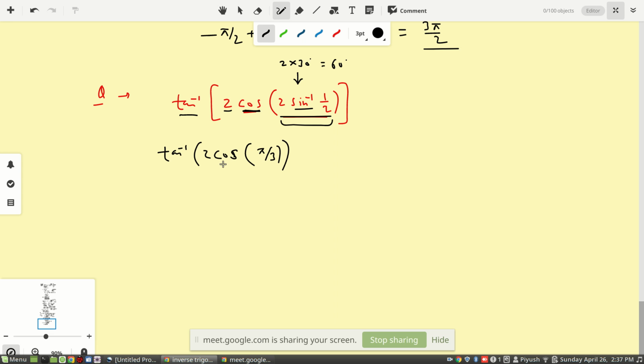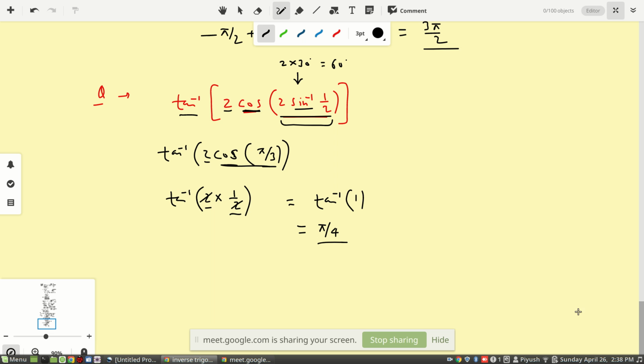Then after that, we are going to concentrate on cos of 60. Everyone knows cos of 60. So cos of 60 means 1 by 2. So then after that, tan inverse of 2 times 1 by 2, because this much value is this, and this 2 is here. Now 2 and 2 get cancelled, so it is coming tan inverse of 1. Now it is very simple: tan inverse of 1 means at what angle tan theta is going to give 1. So that theta value is 45 degree, means pi by 4. Simple. So I hope you got this.